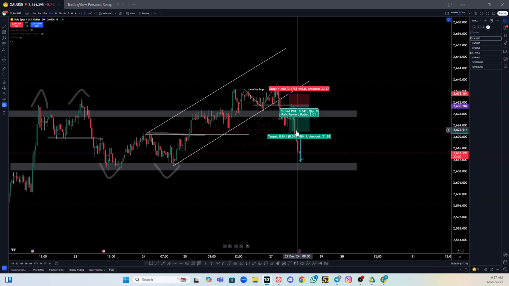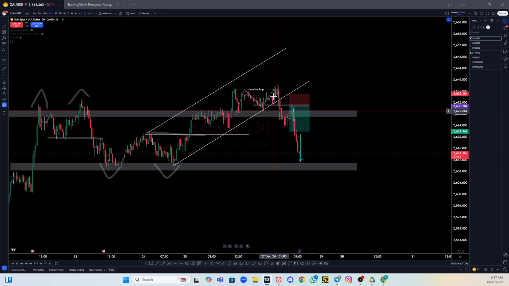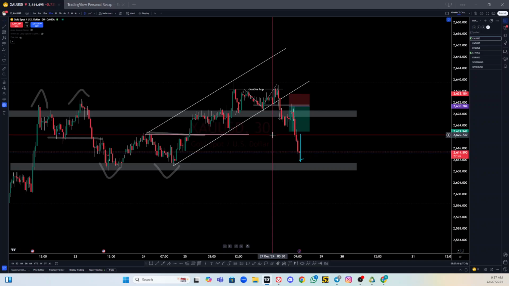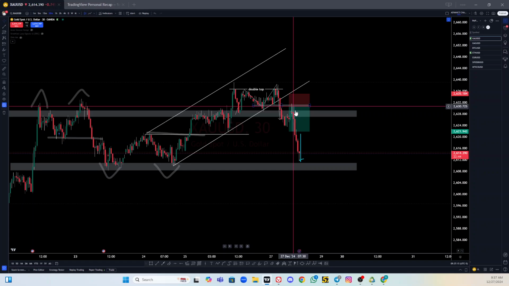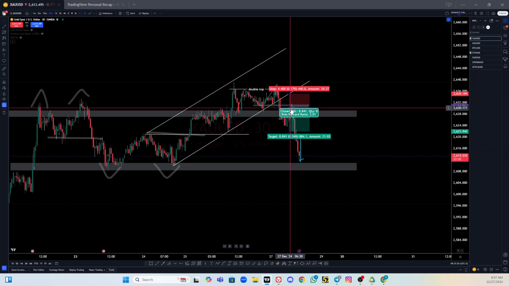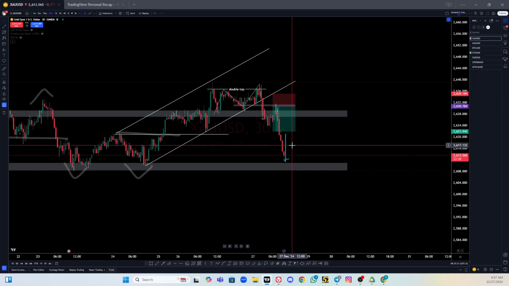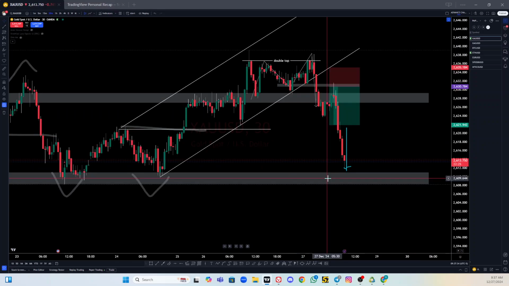Now, what that does is break out of a channel, so to speak, back into the area of consolidation. Now that it has broken back into the area of consolidation, we waited on the retest. And upon that retest of the broken neckline, that's where I would enter the trade, right? What this is indicating to me is that price wants to continue down. And look at what we have right here. Price pushes all the way back down to